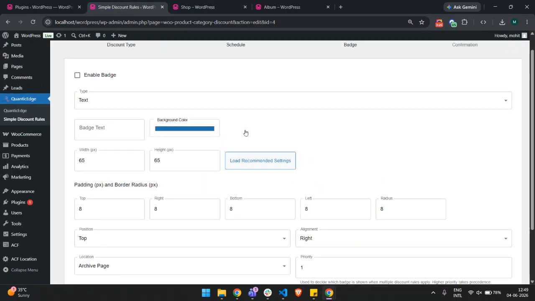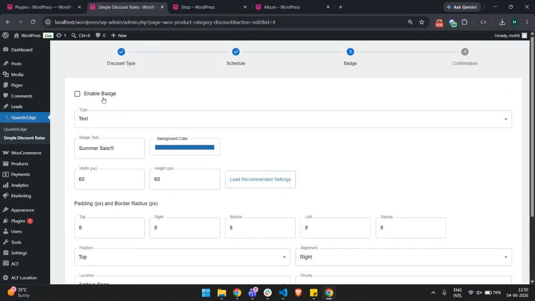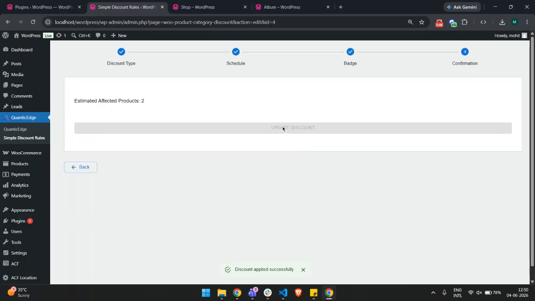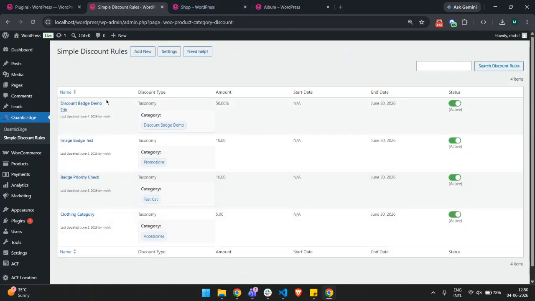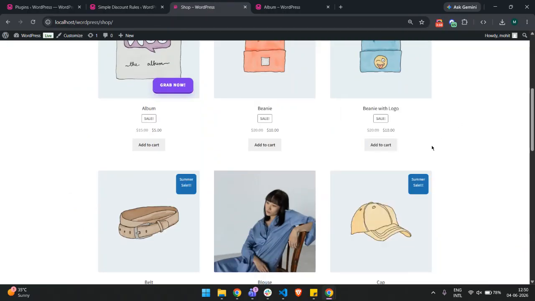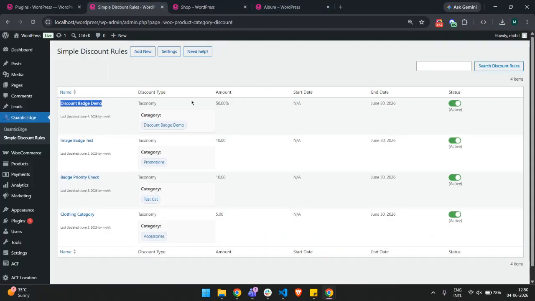So if I keep it at recommended settings and I add my badge here, I can hit enable, next, and then save this discount, which would then display my badge on the discount affected products on this category. So if I reload this page, you can see my badge is displayed here on the two products which were affected by the discounts, summer sale, summer sale. I can go into that discount again,